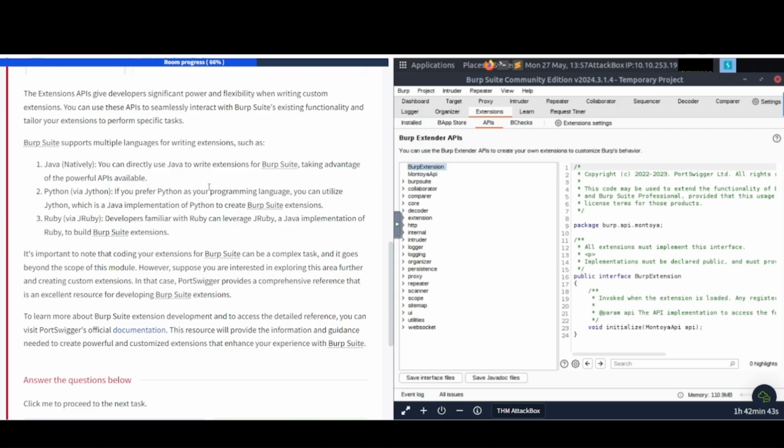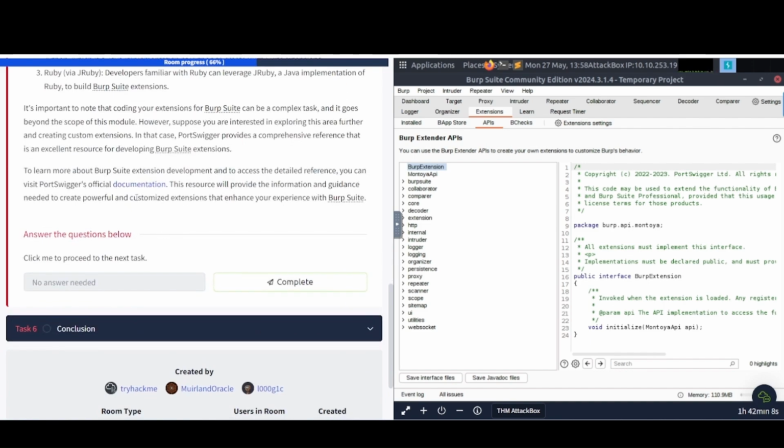It's important to note that coding your extensions for Burp Suite can be a complex task, and it goes beyond the scope of this module. However, suppose you are interested in exploring this area and creating custom extensions. In that case, PortSwigger, which are the creators of Burp, provides a comprehensive reference that is an excellent resource for developing Burp Suite extensions. To learn more about Burp Suite extension development and to access the detailed reference, you can visit PortSwigger's official documentation. This resource will provide the information and guidance needed to create powerful and customized extensions that enhance your experience with the Burp Suite. So if you're interested in creating your own extensions, be sure to check out the documentation